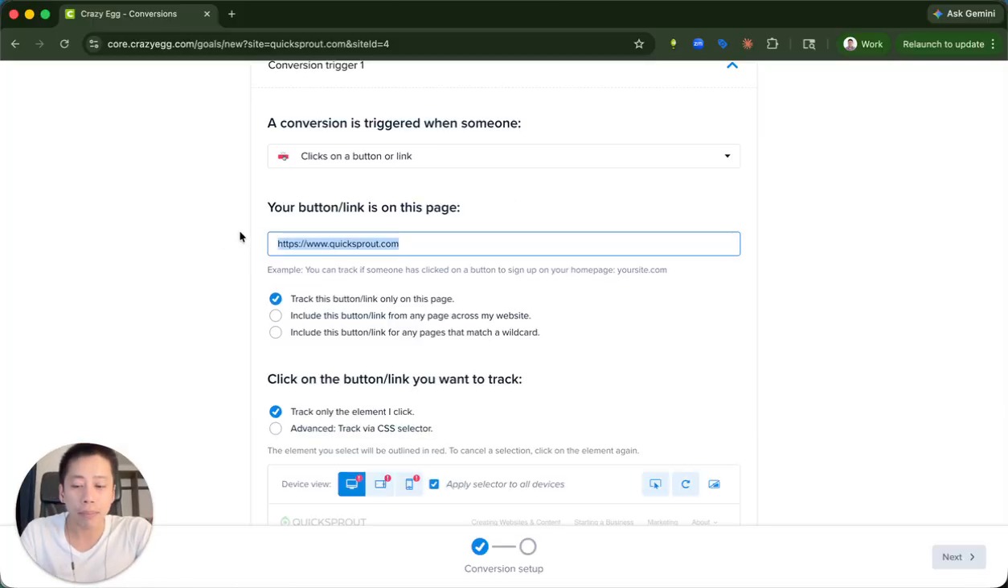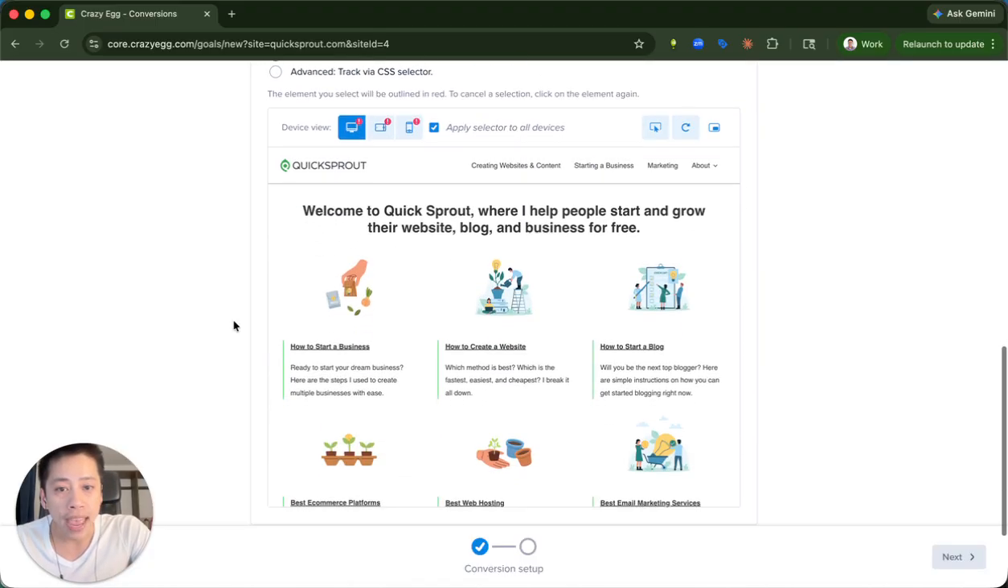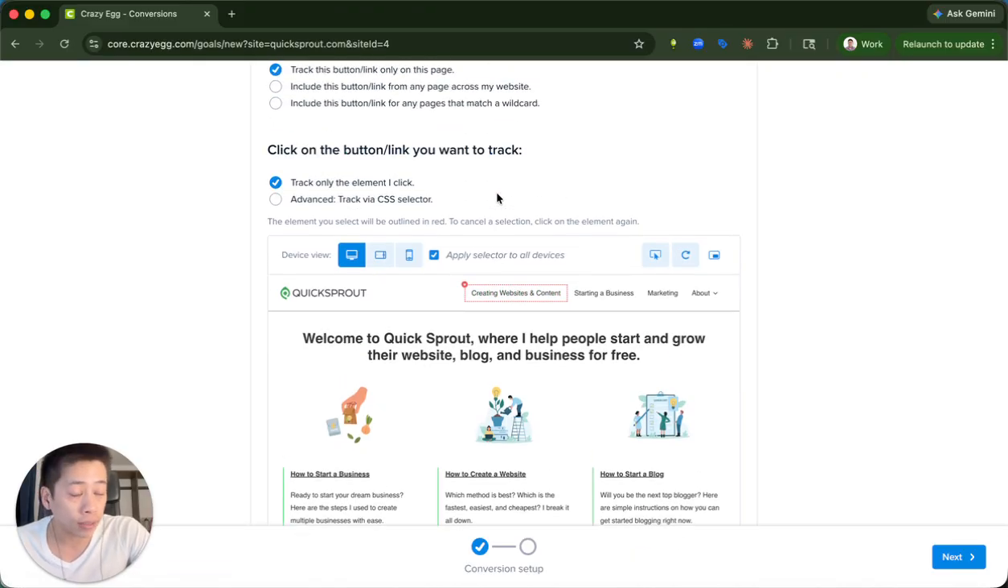I can type in the URL for a specific page that I want to track, and then highlight a specific button that I want to track. Say clicks on this link up here. So I can track that and select it within Crazy Egg, and as a result, without having to add additional code or tags to my website, I can start tracking clicks on that element, on that button or that link